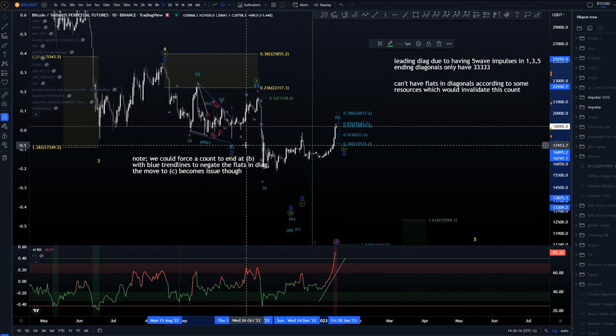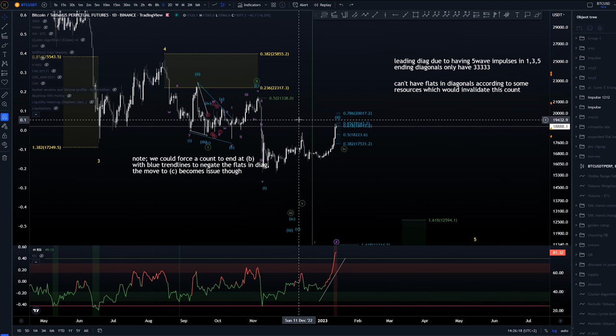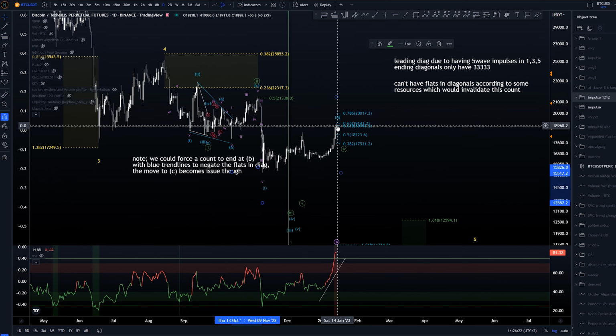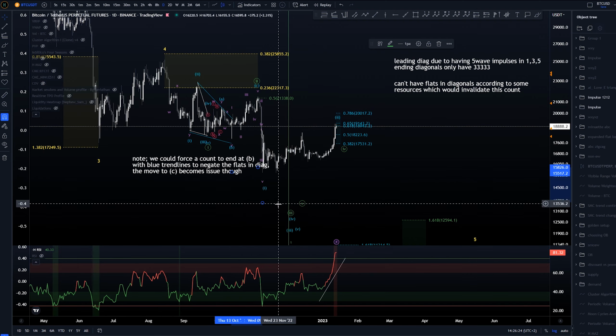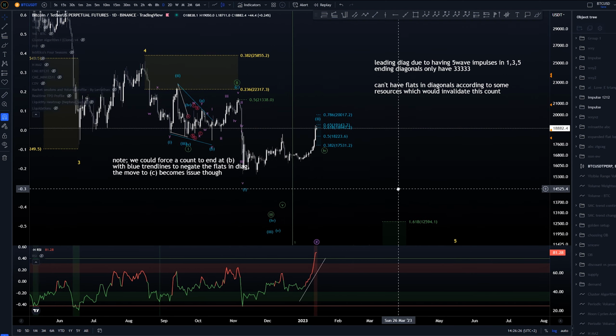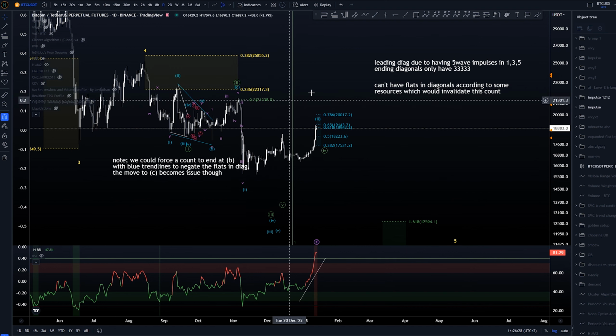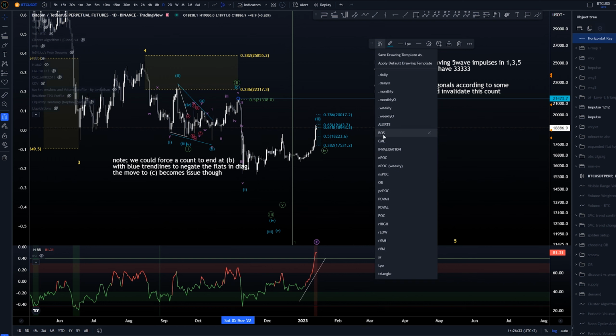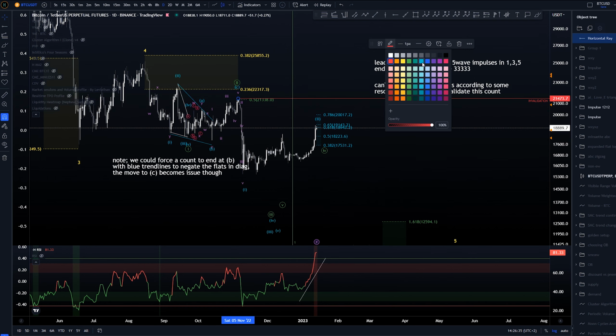If we were to put the wave 1 up into these lows here, then we can see that it gets even worse looking overall in time comparison. But that is some issues, but again, no invalidations like that. There's nothing invalidating anything there. Invalidation is only here,